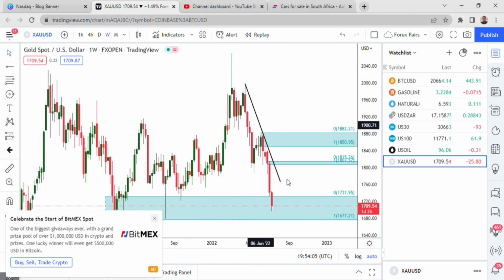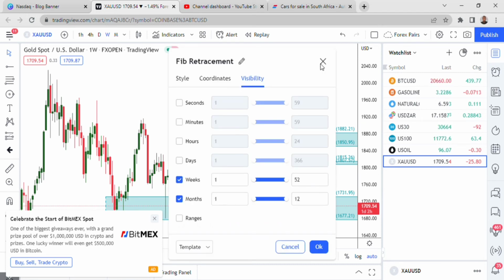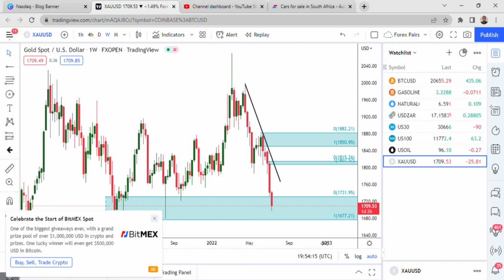So the bearish trend line is a weekly one, and the monthly is higher than weekly, right? If monthly is higher than weekly, it doesn't mean the price can't react on a weekly time frame because it's coming from monthly. It just means that monthly has higher chances of working than the day. But if you're taking trades, you are not the one to decide which one has to hold.